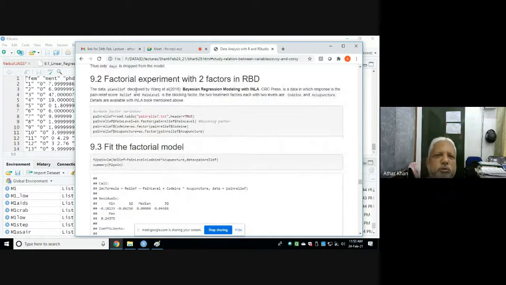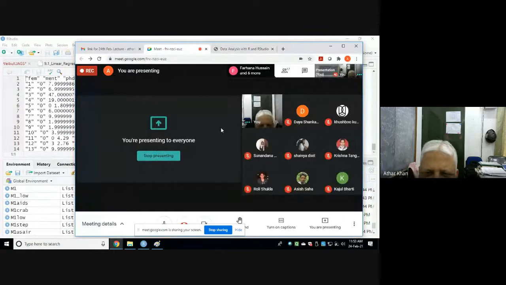Here I am going to talk about factorial experiment with 2 factors in RBD. Do you know who is the father of statistics? Sir Ronald Fisher. In 1912, Sir Ronald Fisher published a paper on maximum likelihood estimation, virtually as an undergraduate student.